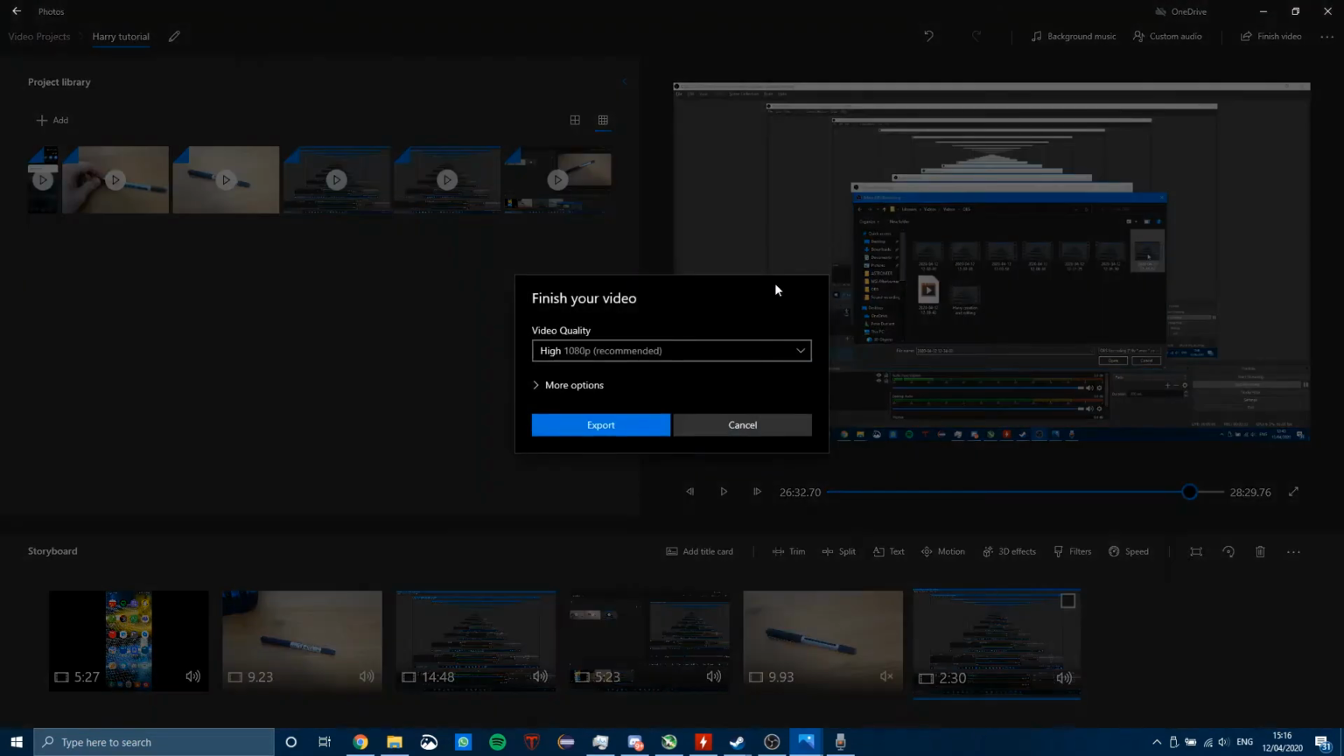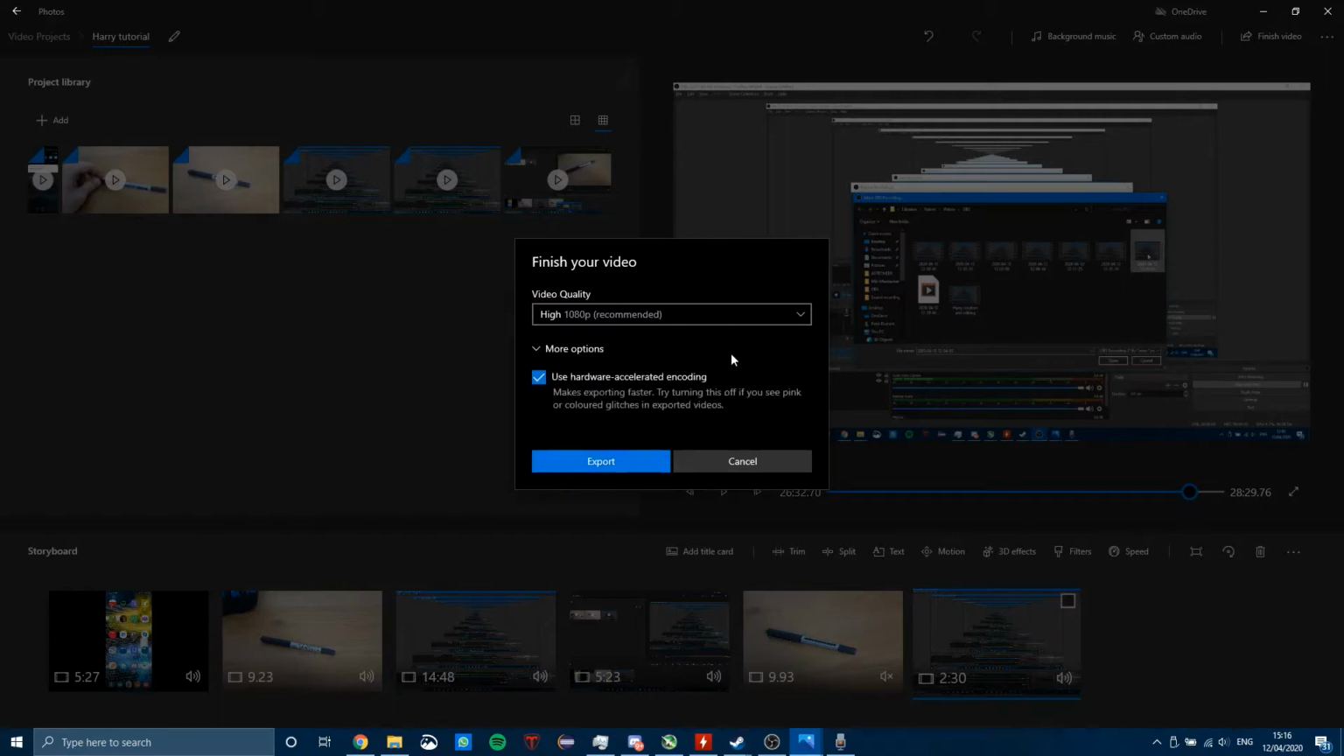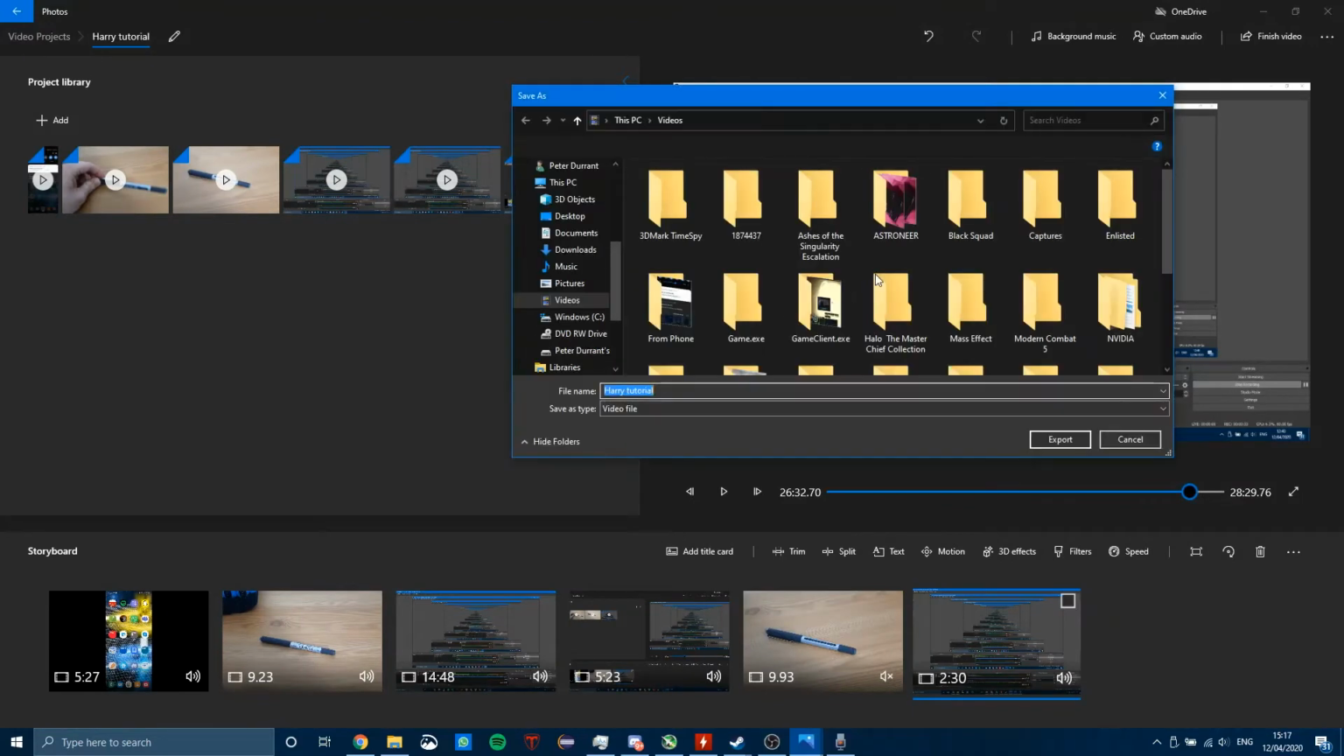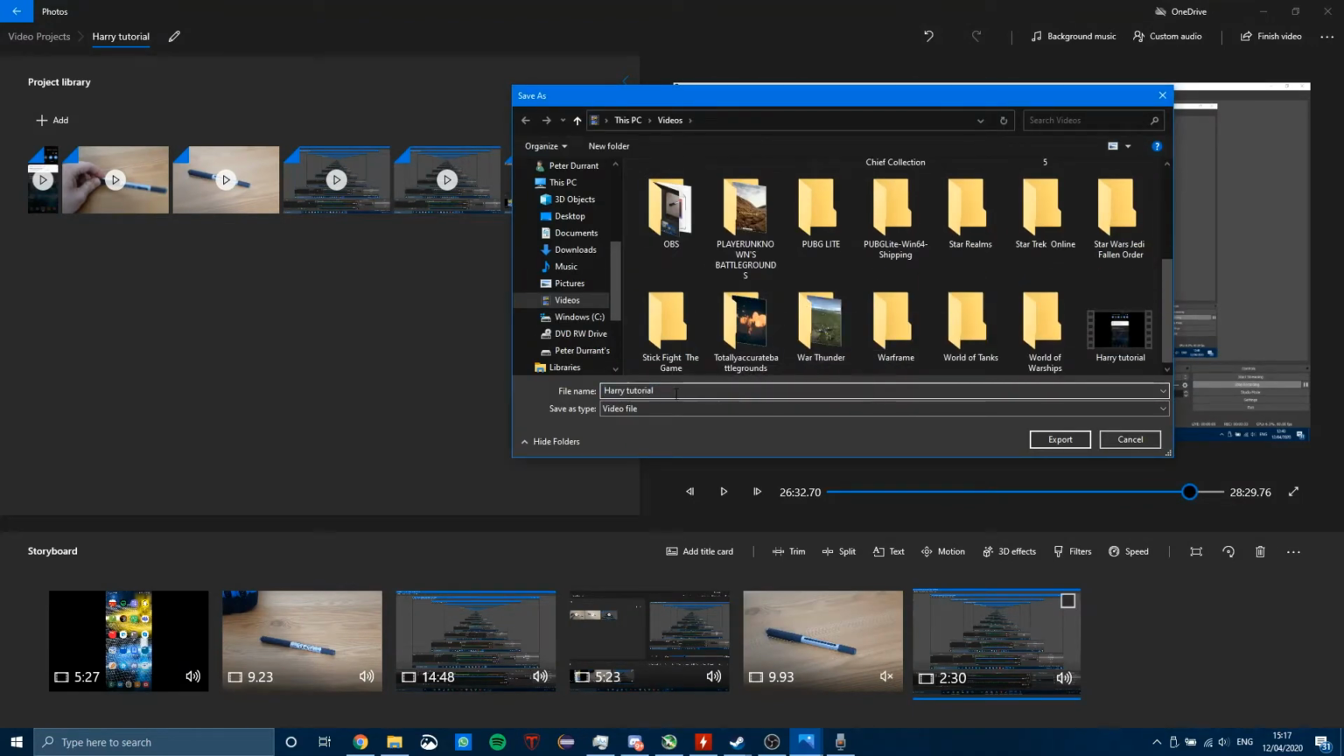So I've already done this, but I hit finish video, so it's exported in 1080p. Obviously the max will be 1080p, but you can do it medium or low if you want. Obviously 1080p is recommended. There's a couple more options. Use hardware accelerated encoding, which makes it faster by using additional hardware. And you then hit export, you create your file,